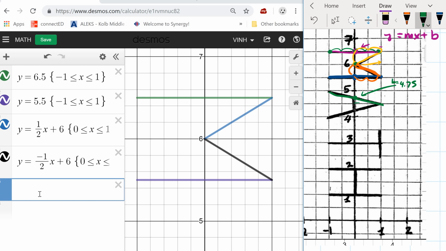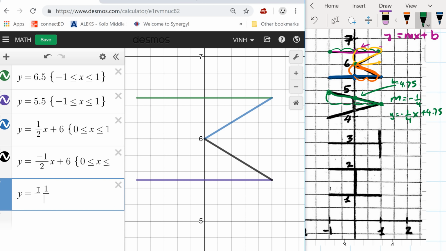Your B is 4.75. Okay, and your slope from one point to the other, we go down 1 and over 1, 2, 3, 4. So m is equal to -1/4. So the equation will be y equals -1/4x plus 4.75 as the answer. Y equals -1/4 x plus